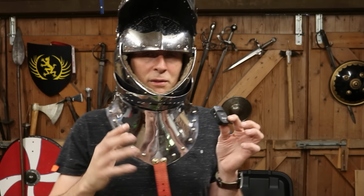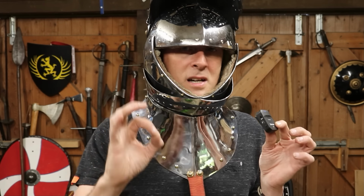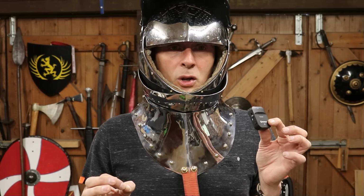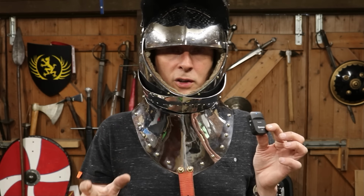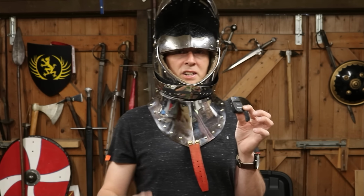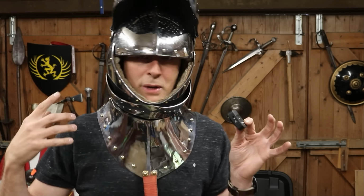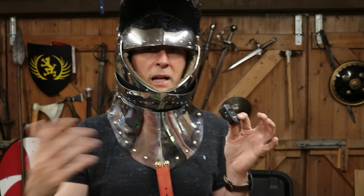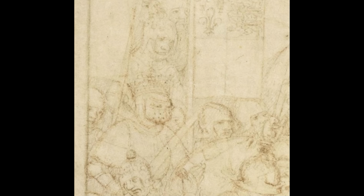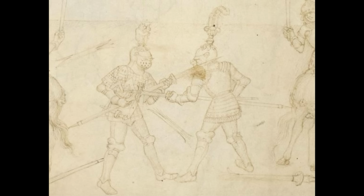The Great Bascinet, however, from what I've experienced so far, is the nicest helmet to be fully enclosed in on foot. And for that reason, for all of the reasons, in fact, that I've just mentioned, these were extremely popular for fighting with poleaxes. So if we look at something like the Beecham Pageant manuscript, for example, in the British Library, you'll see that in war, yeah, lots of people are wearing sallets and armets and stuff like this,